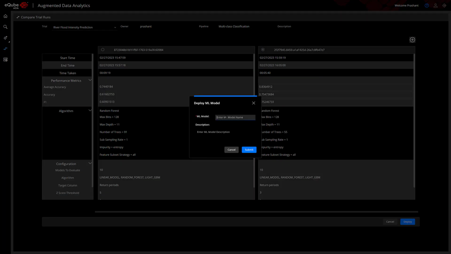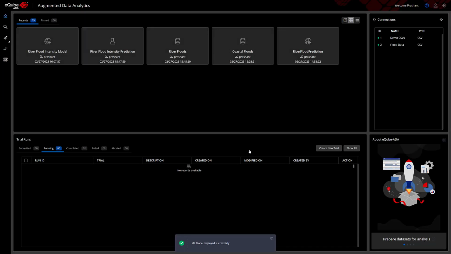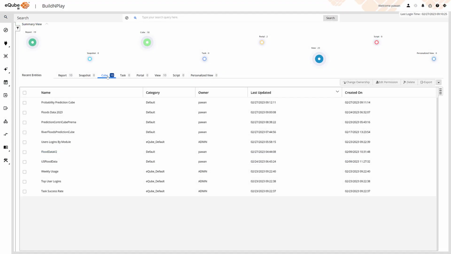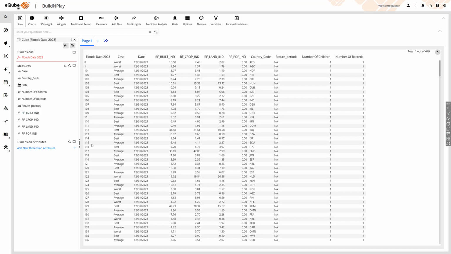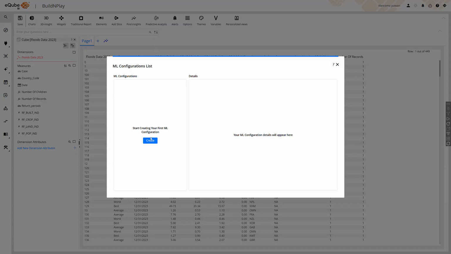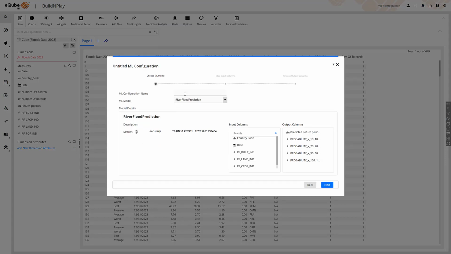Once the model is deployed, it is available for consumption across the eCube DOS platform. We will display this in the eCube BI dashboard. ML configurations are created in eCube BI to apply the trained ML model on the future data in the cube. Analysts can select the model from the available list,